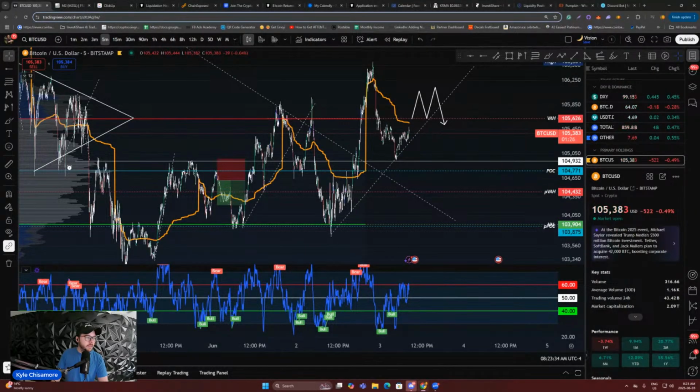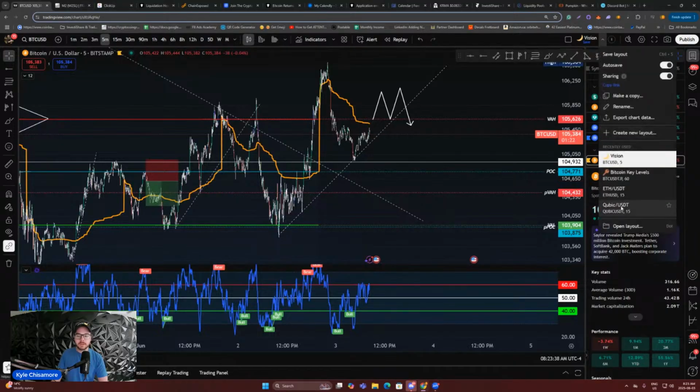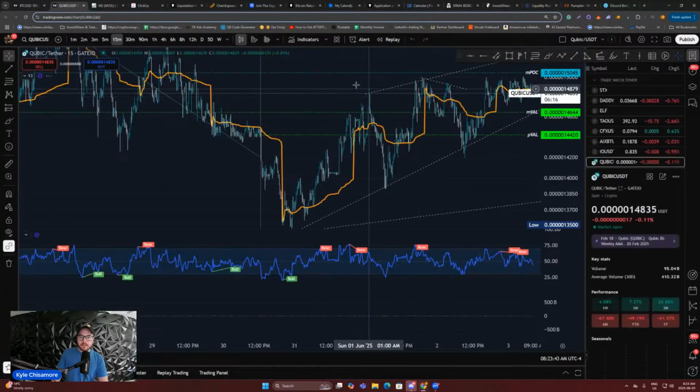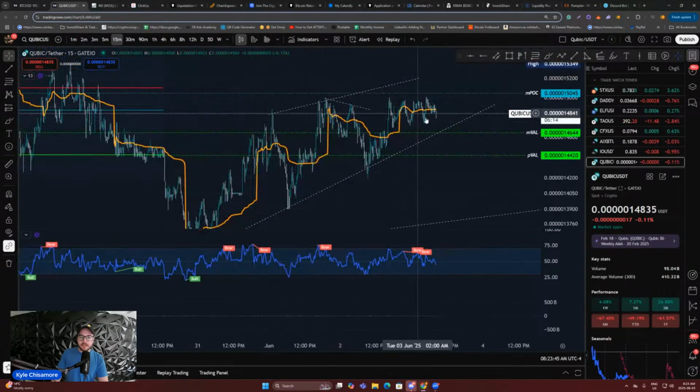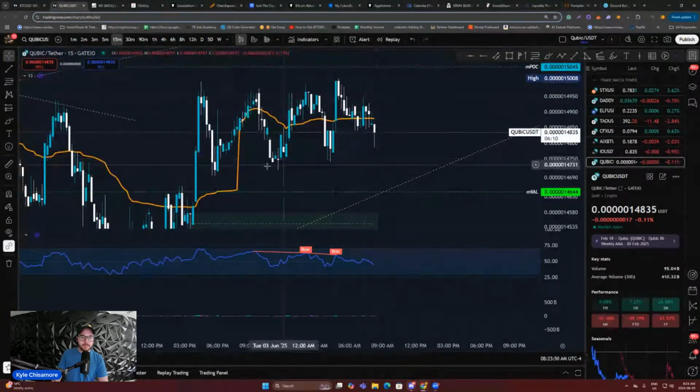Okay, and Vacation wants us to look at Cubic. I think he might be at work, so we gotta rush through this really quick. Okay, so Cubic is consolidating pretty tightly. I'm not sure if you could trade that. Well, you could trade that, but